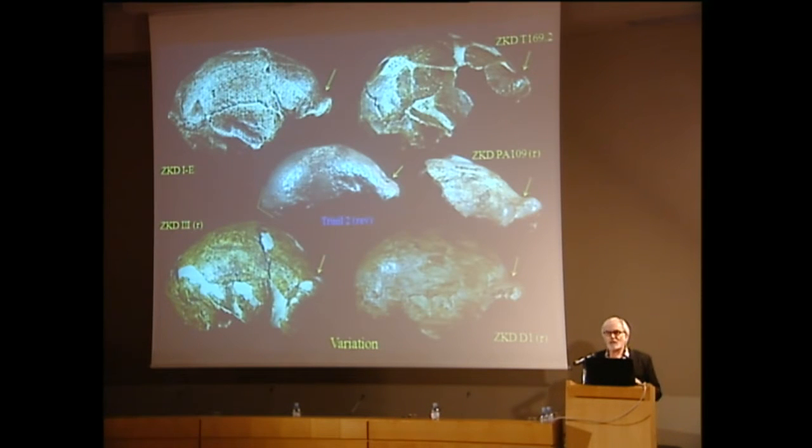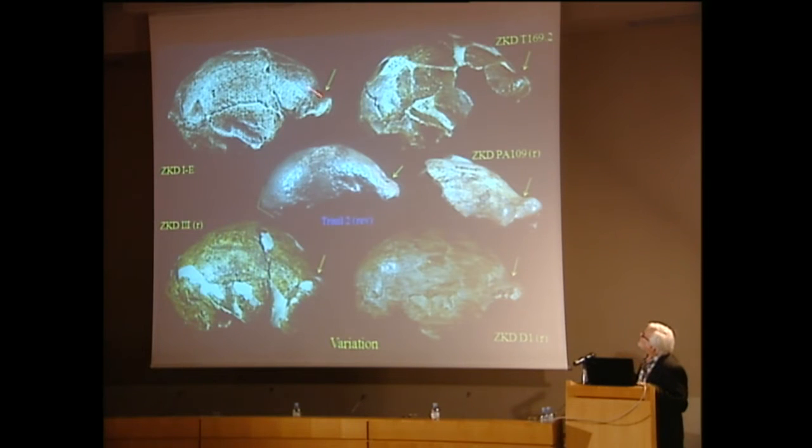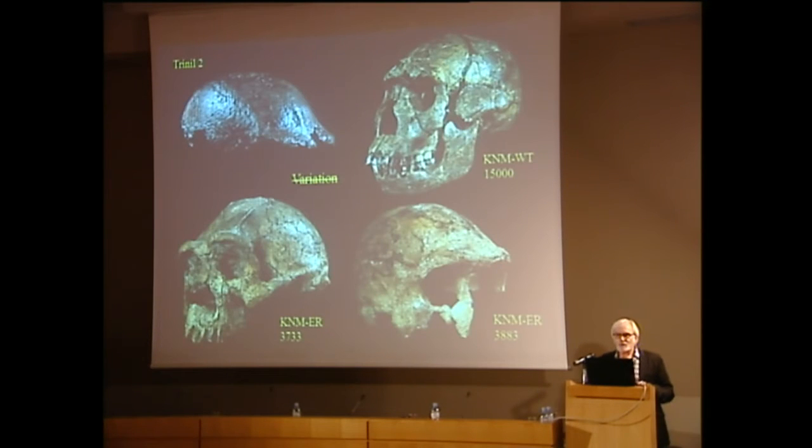In these features, they differ significantly from the type specimen. If we look at them from the side, they're one of the few hominids that has anything that I would consider to be a post-toral sulcus. And you can see that it's delineating this three-dimensional brow that has some sort of superior element to it, which is not reflected in the type specimen whatsoever. And in terms of the posterior profile, the rear of the skull and the whole contour of the profile is different in the Zhoukoudian specimens compared to Trinil 2. So I would consider this also to be variation within that assemblage of specimens.